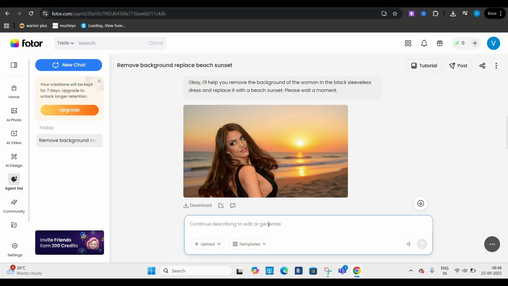Now let's say you want a one-click object removal. We have all had that perfect shot ruined by a random stranger or something awkward in the frame. With Fotor AI, you just highlight it or type what you want and it's erased seamlessly, no traces, no mess. In case you want your picture in Studio Ghibli style or anime mode or maybe a 3D